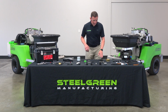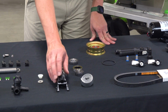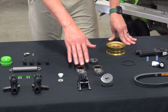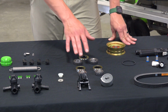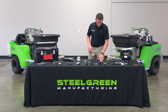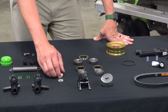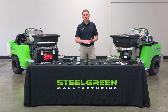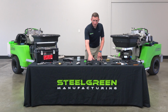And then you're going to have an extra dial and rate dial holder for the front of your granular hopper in case that were to break. An extra set of bearings for the front wheel itself and grease seals, an extra set of bearings for one side of the caster fork itself up into the frame with the grease seal, an extra hopper bushing and felt washer where the shaft passes through the bottom of your granular tub, one of each side, left and right,